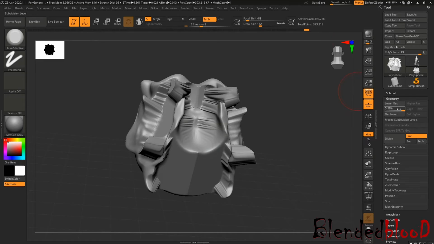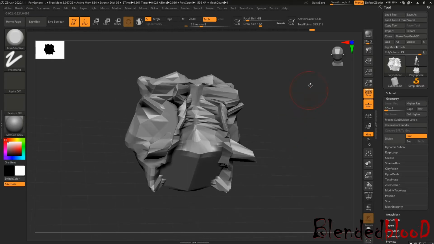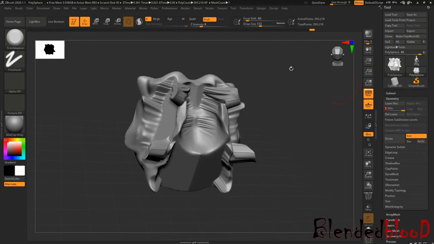If I decrease the subdivision level to 1, this is the low poly model. After subdivision 5 it has this much total poly count. And active means right now this one has 1538 polys. If I increase this to 5, now see how much poly we got.